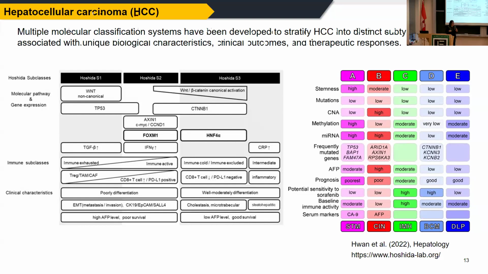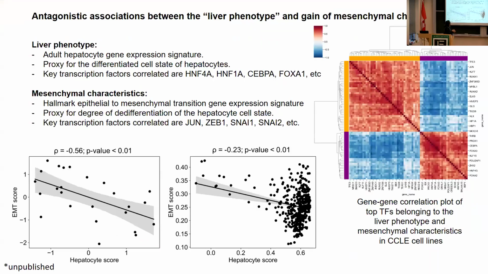And there are many groups which have come up to understand how you can stratify the HCC into different subtypes with the help of unique biological characteristics, clinical outcomes, and therapeutic outcomes. One of the groups is Hoshida, which has 3 subtypes of HCC, and then they look at the EMT characteristics, the immune subclasses, and similarly Lee et al, which looks into 5 subtypes. So I'll not go into much of the details in this presentation, but what we have seen is we see